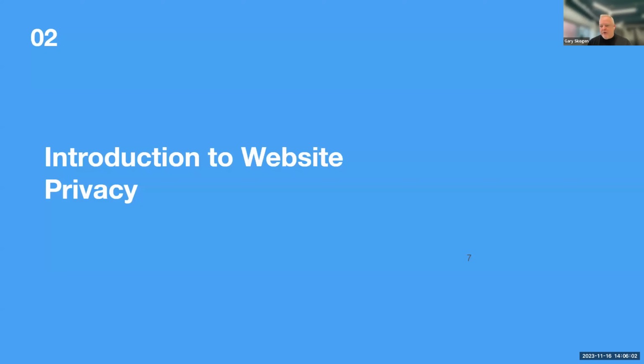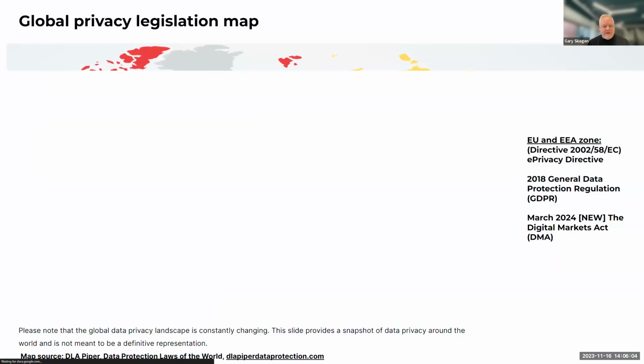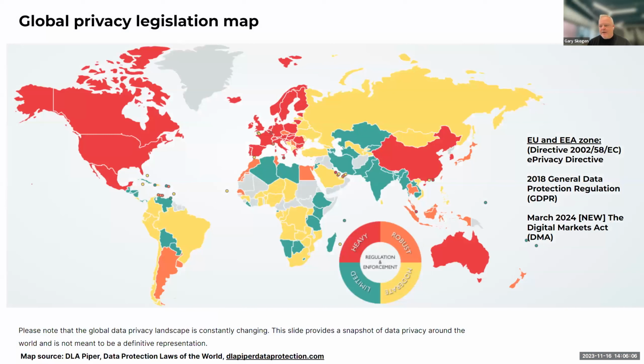Next screen, Richard. So, introduction to website privacy. What we're going to show you here is a map. This is not just a pretty color-coded map. This is a snapshot of how different regions across the world approach online privacy. Often we think that this is just GDPR or maybe it's just CCPA, but you can see by the color coding in this map that